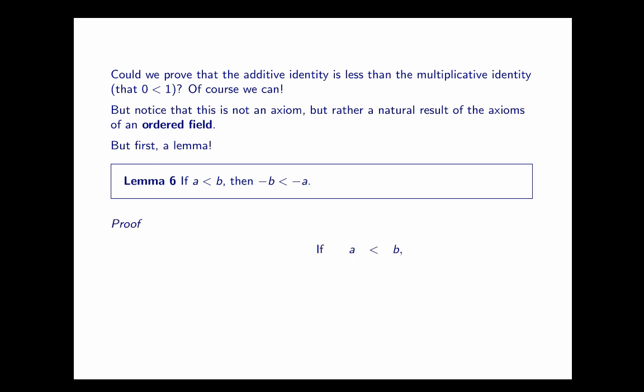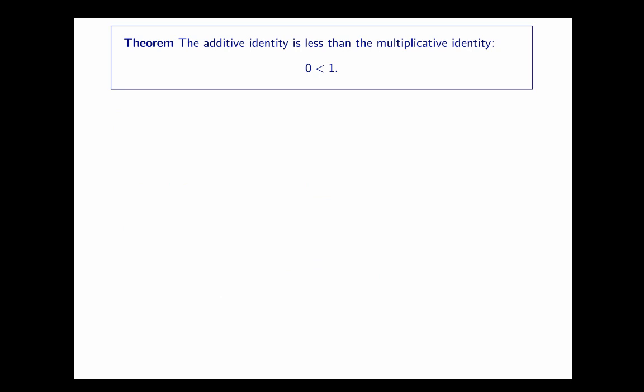If A is less than B, then A plus negative A minus B is less than, and then what happened? Homework happened. But now that we have the lemma in our arsenal, and by the way, you will prove the lemma in your homework,